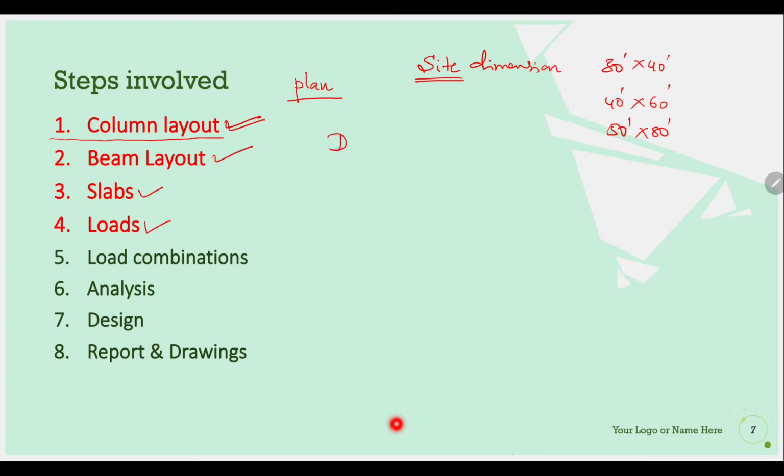See, any building needs to be designed for dead load plus live load, and of course we'll be multiplying this with a factor of safety. And there are buildings which will be in earthquake zones, or in hilly areas, or the building is high rise or a tall building. So all these buildings should be planned as per the loads. So these loads should be considered for the particular type of building.